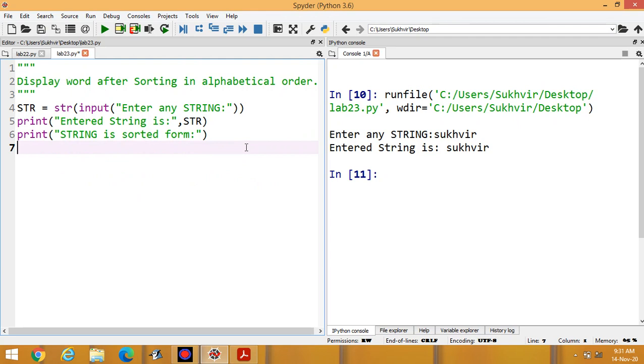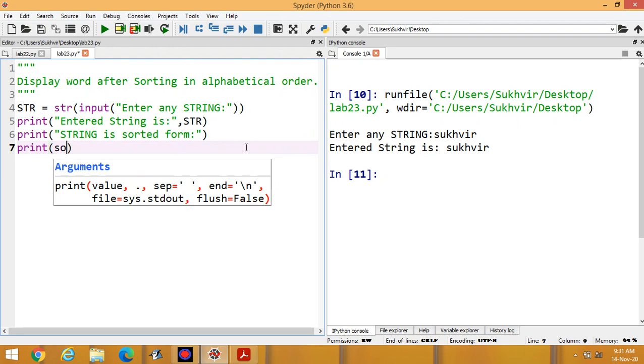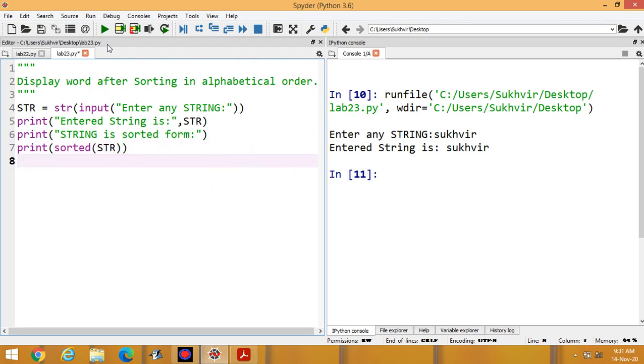One method is there, and the name of that method is sorted. Print sorted str. Let us check the execution.